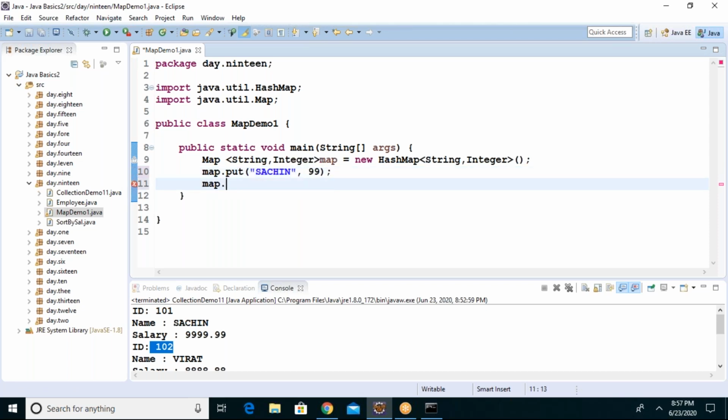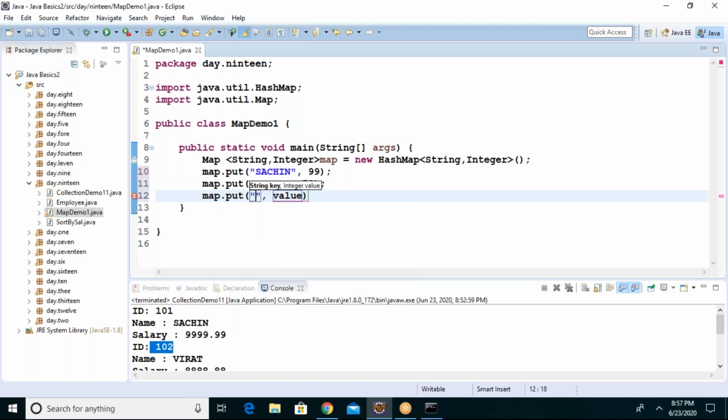Map dot put Dhoni, 78. Map dot put Kohli, 67.